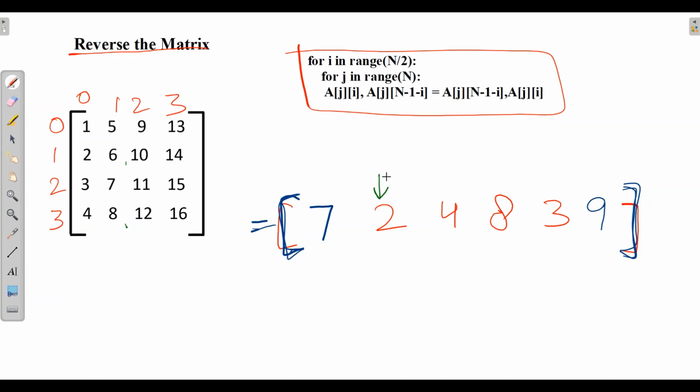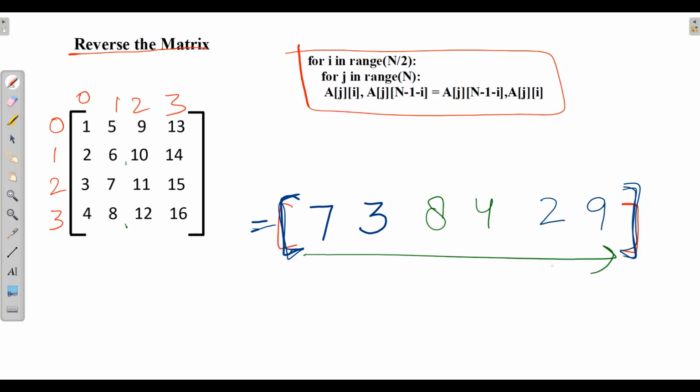Now i will be pushed forward, similarly n minus i will move one step back, and we will swap these two numbers. So you have seen we have reversed the whole array with this strategy.